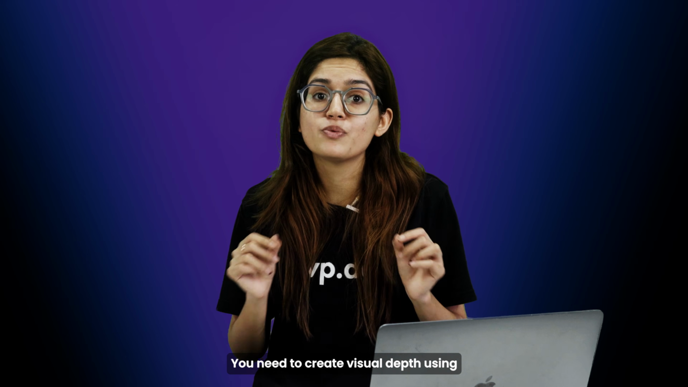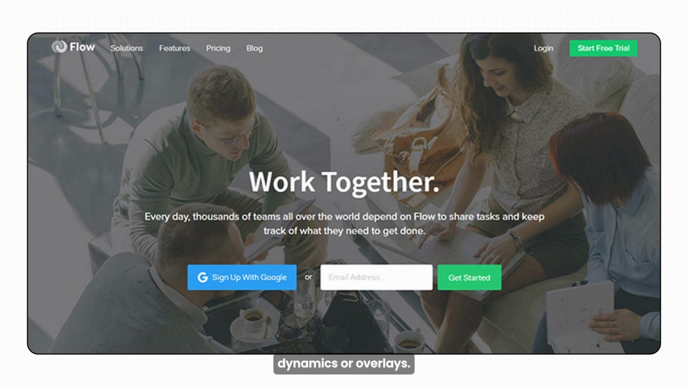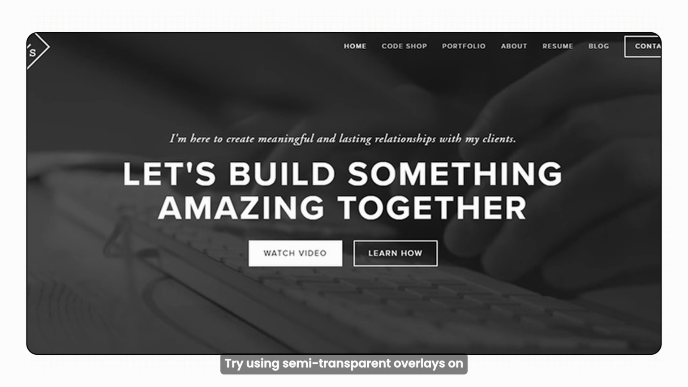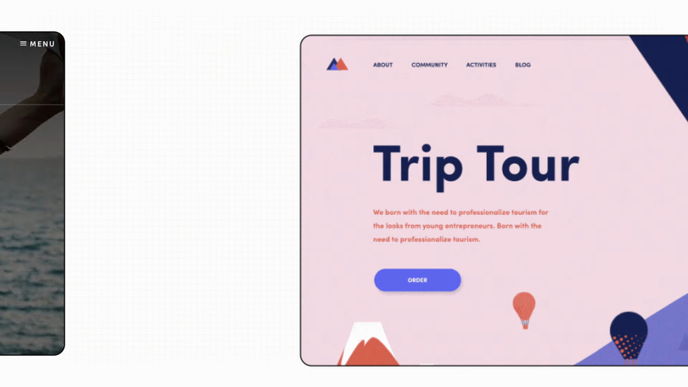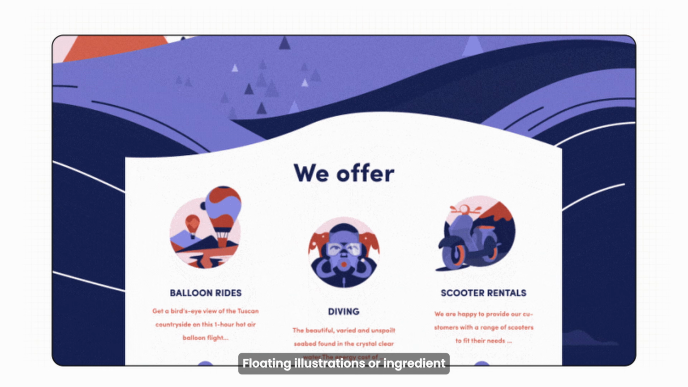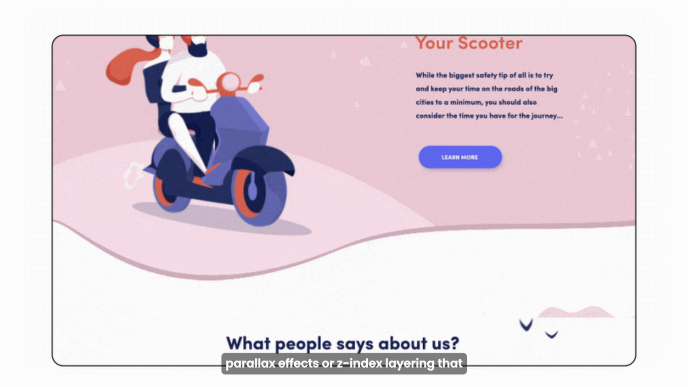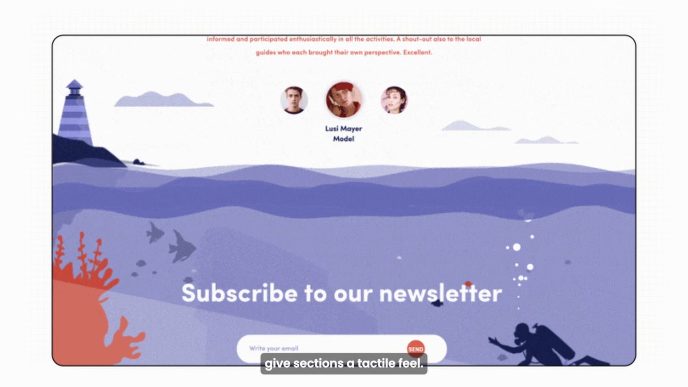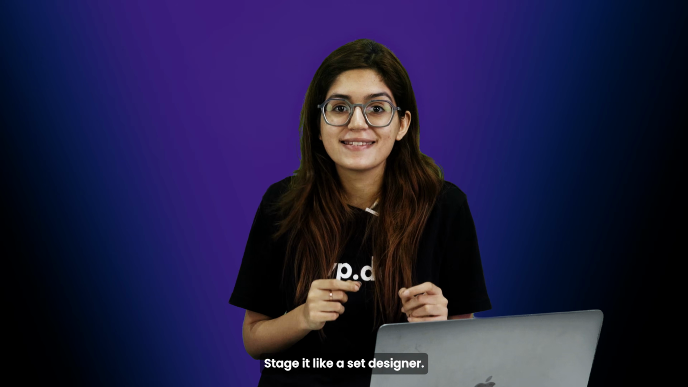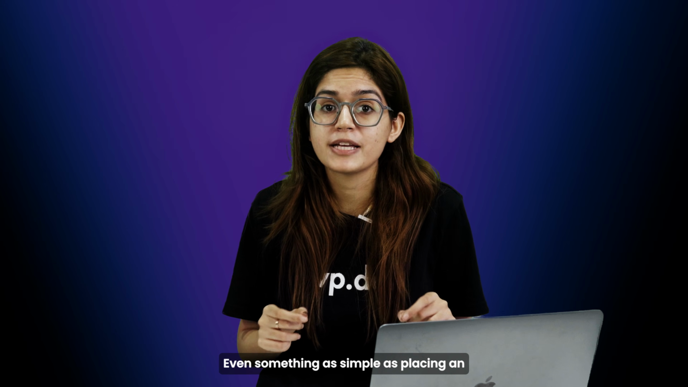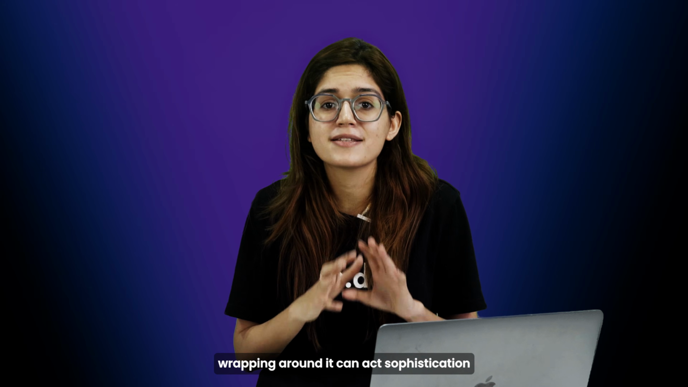You need to create visual depth using layering, foreground or background dynamics, or overlays. Try using semi-transparent overlays on hero images to enhance contrast and readability. Use floating illustrations or ingredient callouts that move slightly on scroll, parallax effects, or Z-index layering that gives sections a tactile feel. Finally, don't show information, stage it like a set designer. Even something as simple as placing an image half inside a section with text wrapping around it can add sophistication